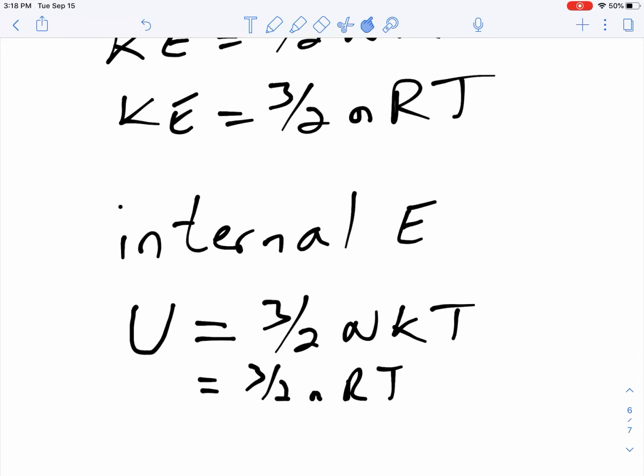Alright, so there we have it. We've now related kinetic energy and temperature mathematically, and we've also referred to the kinetic energy of all of the atoms that make up a thing as that thing's internal energy. So when I supply heat to something and its temperature changes, what I'm really doing is, via collisions, changing the kinetic energy of all the particles, which is really just a mathematical derivation of that story I told about thermal equilibrium, in a way. So, hope that makes sense, and